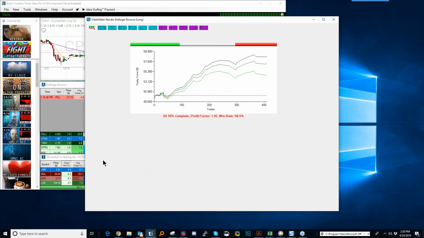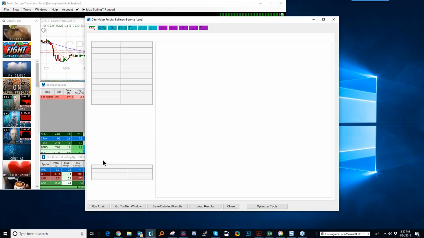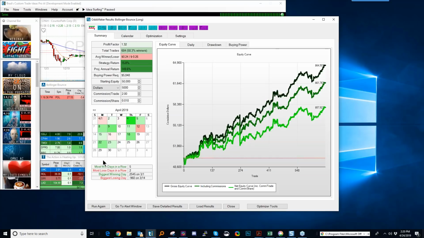It's always good with a base strategy, when we're starting this optimization process, and we use the same type of methodology when we're working with the AI, that we want the base strategy to have some type of positive effect. We don't want it to be a negative strategy that we try to put some filters in and massage to make it a good strategy. We want it to start off good, and we want to make it better. So this is the base.